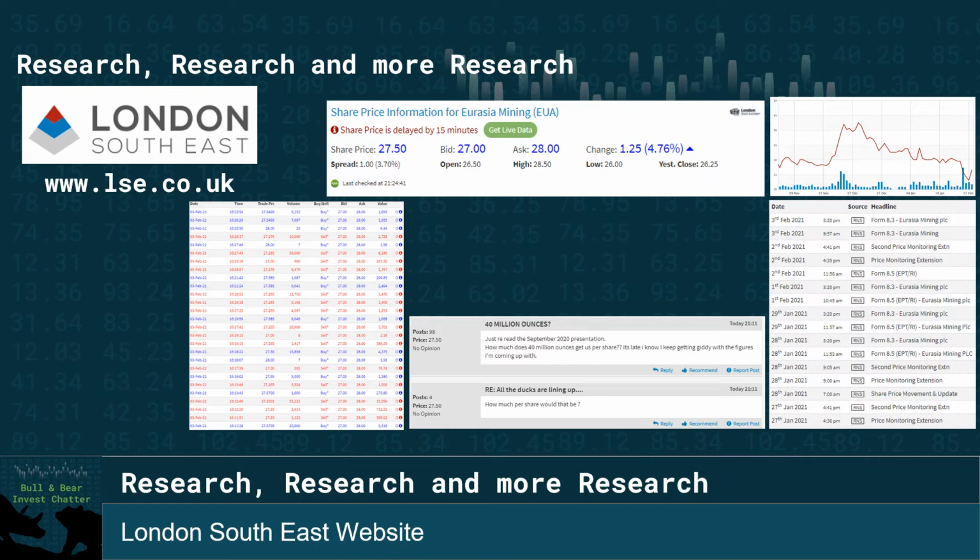There is also an RNS page detailing all the publications with accurate date and timestamps, in addition to the share price graphs and the in-demand chat function. The chat function can provide you some fantastic information as others are often keen to share their research with you, but remember that you should conduct your own research to validate what others are telling you. The downside to LSE is that the share price is delayed by 15 minutes, but this is a common delay in relation to the stock market and external websites and brokers.